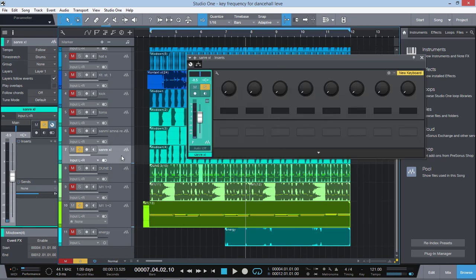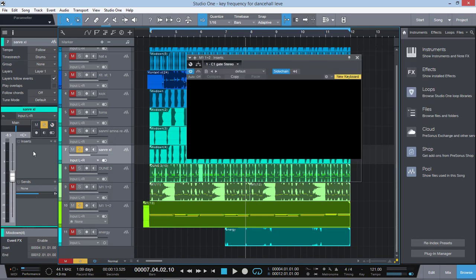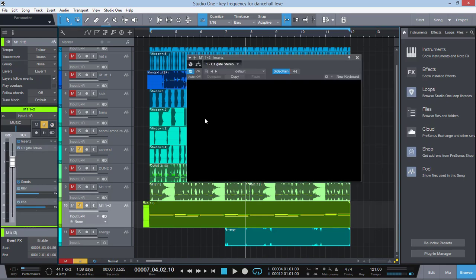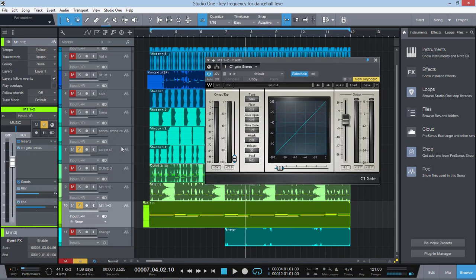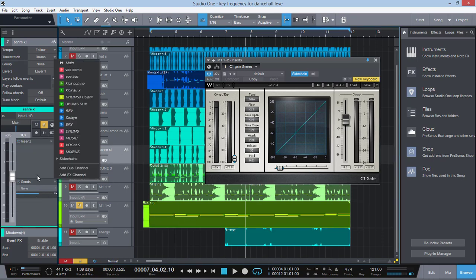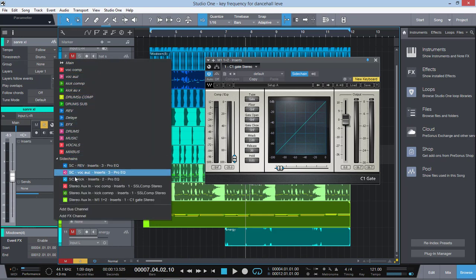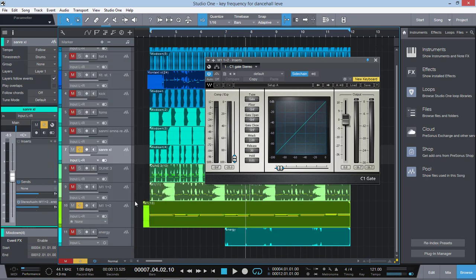So let's go to the snare drum. We're going to use the snare drum pattern here as a signal feed to the sidechain on the pad or the synth, and the groove of the snare drum is going to control the reaction of the sidechain on the synth. So I'm going to go to snare here, I'm going to go to sends, and I'm going to scroll down on my list here in Studio One. I'm going to click on sidechain, and I'm going to go all the way down. There it is. It's the C1. That's the gate, that's the sidechain, that is this one here that we have opened up. So I'm going to click on that. And there is the send. So now if I go ahead and play the snare,